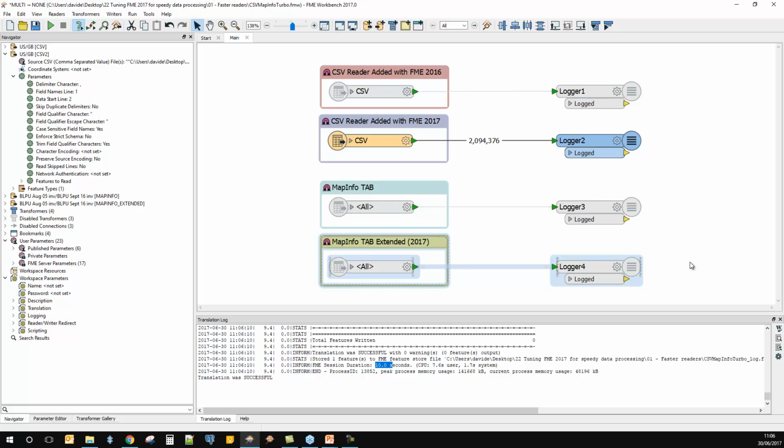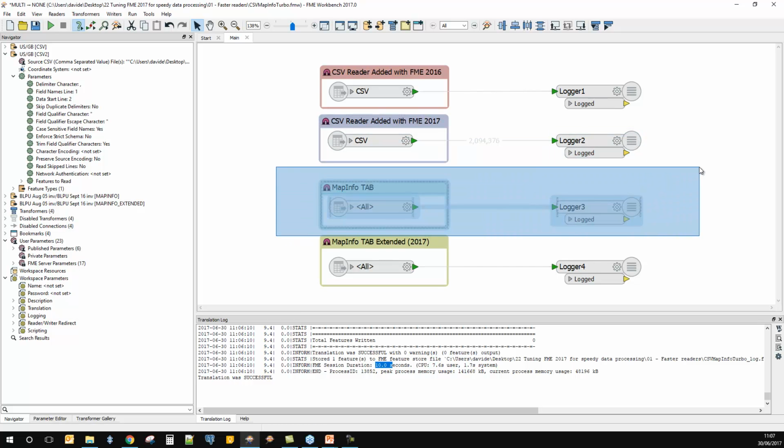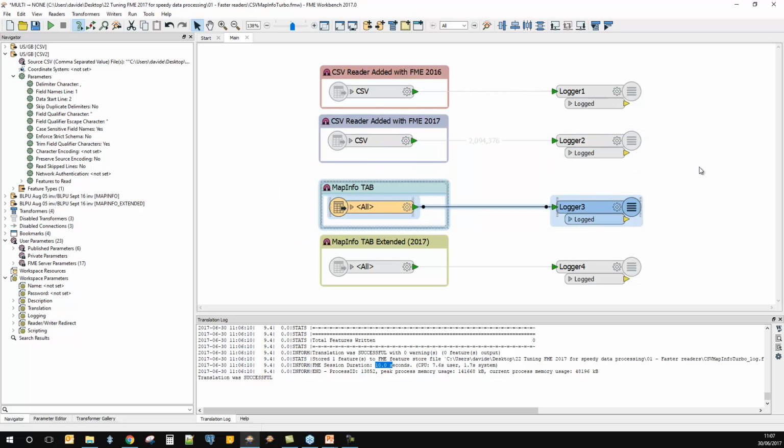Now, MapInfo TAB's extended format is a brand new format introduced by Pitney Bowes into MapInfo Professional and some of its products. MapInfo Professional 15.2 is the version it was introduced in. And it does a number of things. First of all, it allows you to create MapInfo TAB files with a greater than 2 GB file size. So it breaks down that previous